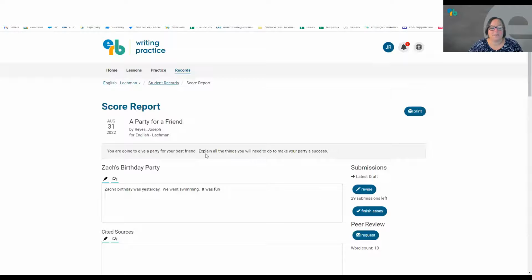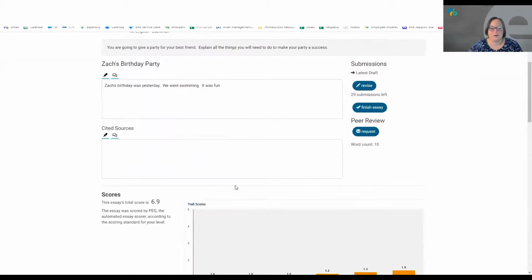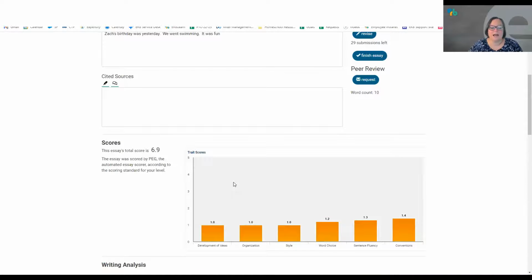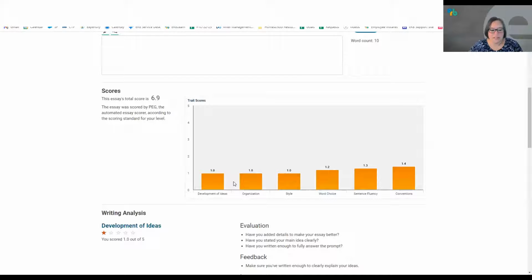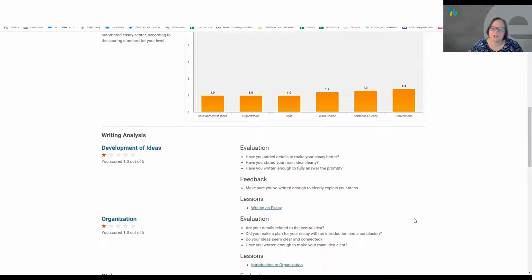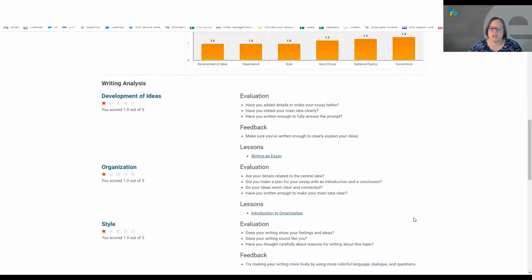And you can see what happens here. There's the essay itself. If there were spelling mistakes, it would pick up on those. And then at the bottom, you can see that the scores down here are created immediately for the student. Obviously, this is going to be an essay that scored pretty low because I was just creating an example, but I wanted you to be able to see what happens for a student. It's graded almost immediately, and then the student is given areas to think about in terms of what to improve for their next draft and some feedback on the essay itself in each of the areas that's assessed.